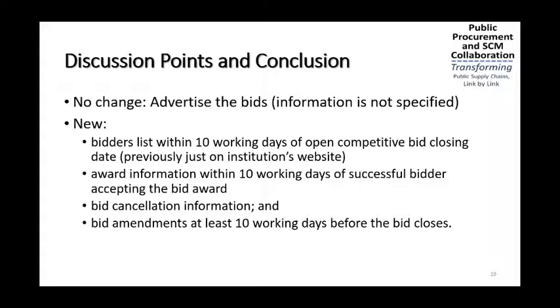So I think this bid cancellation information also is something that, yes, we are talking transparency, which is all good, but we are also opening another can of worms, because certain reasons that we have for cancelling bids are just not justified. So I'm wondering, even when they say that we have to put information on bid cancellation, what is it that we are putting? Are we putting a tender number and description and say cancelled, or are we putting a reason